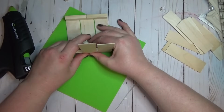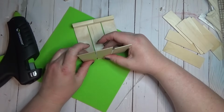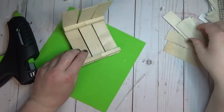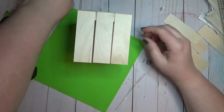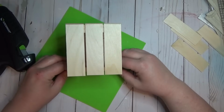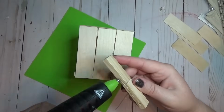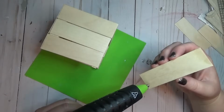So I glued another set of 3 craft sticks onto the end of the tumbling tower blocks, and then I repeated that on the other side. And then once all of that was in place, that's when I hot glued the other 2 sets of blocks to the inside so that I could hot glue the remaining 3 sticks on the 4th side of the